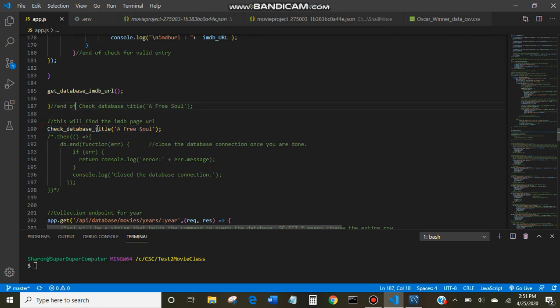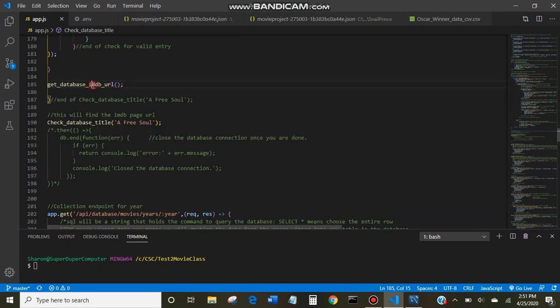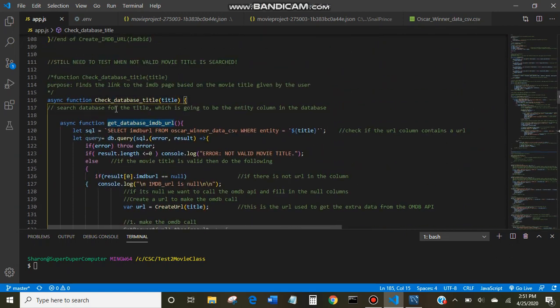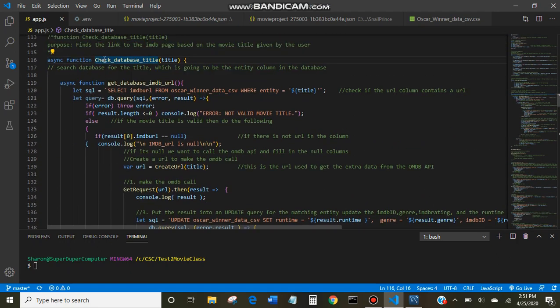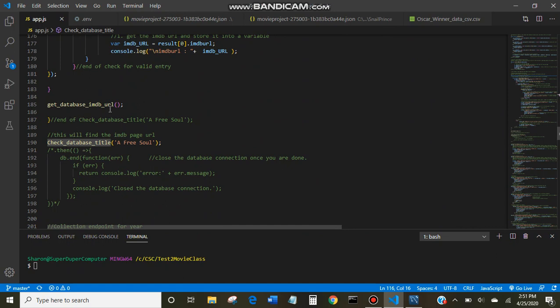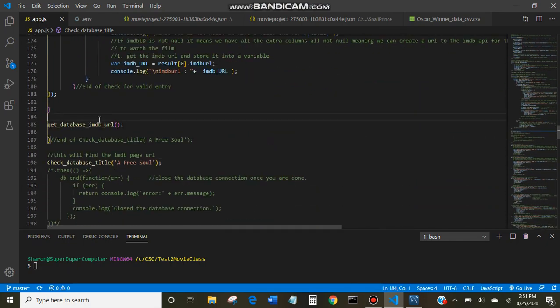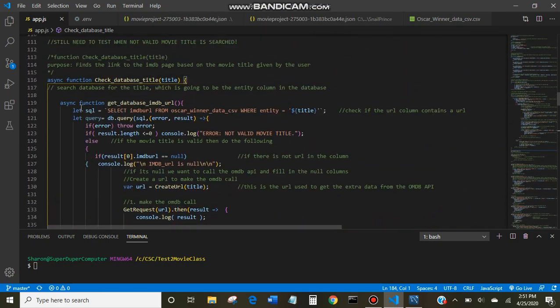Oh, you'll notice that this is at the very end of the function. And let me remember why it is there. Yes, I know you're a promise, okay? I want to know who you are. Ah, yes. So basically this asynchronous function, in the body of the get database URL, we're calling get database IMDb URL, which is above here. So maybe when you guys are refactoring, move this so it's not here and instead right here, because I realized